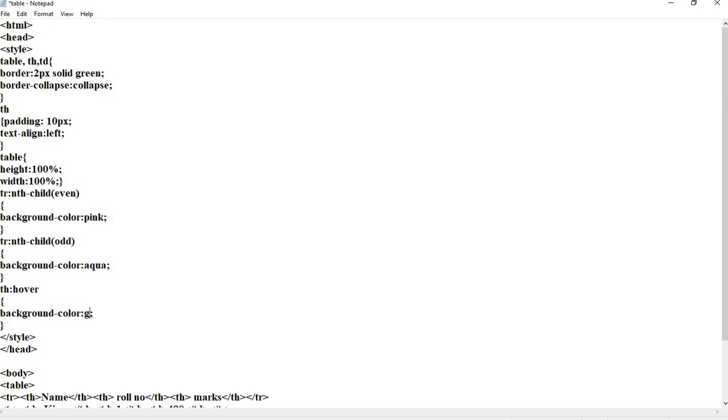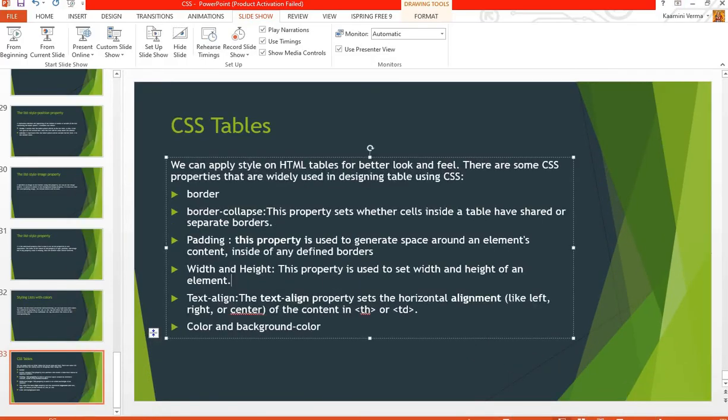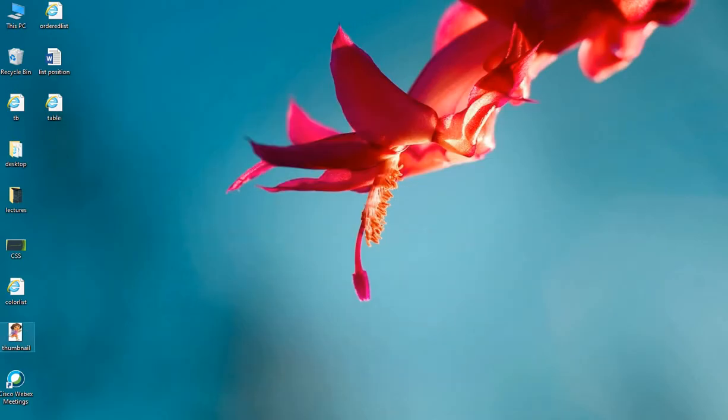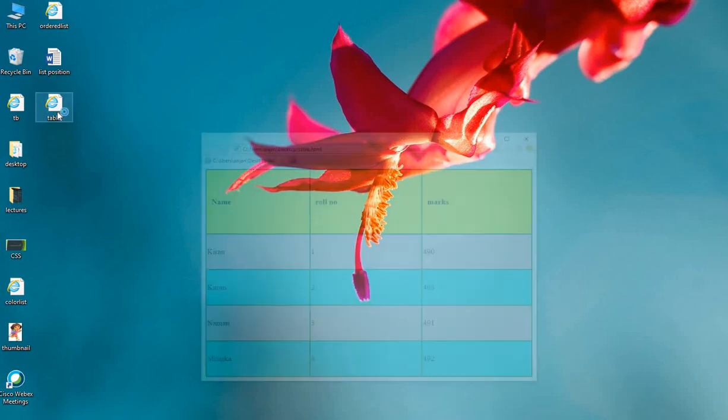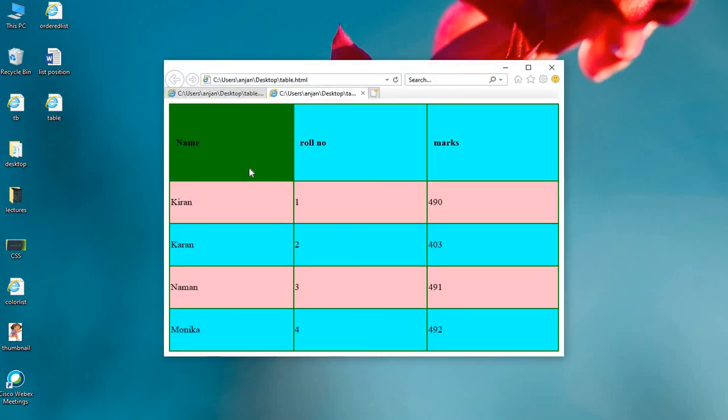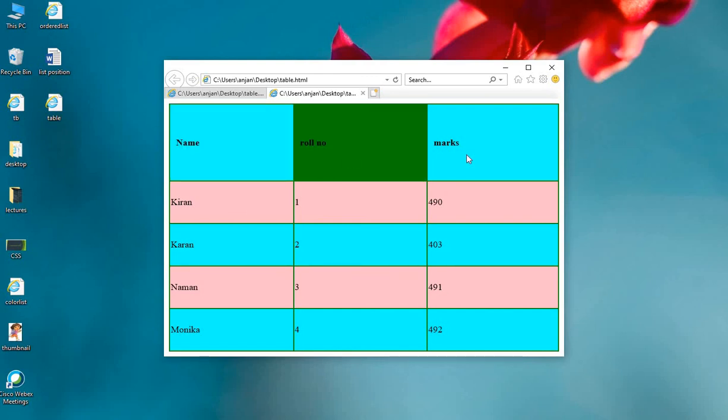Now I'm taking the value green. You can save the file and rerun it by closing the previous file. You can see as I'm moving the cursor over the table header row, the color is getting changed.